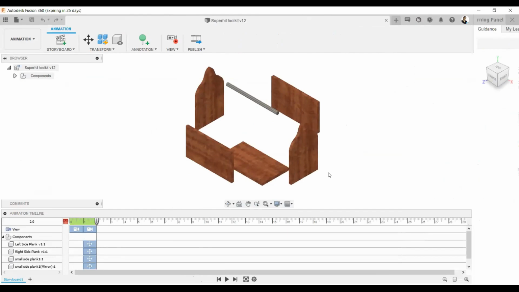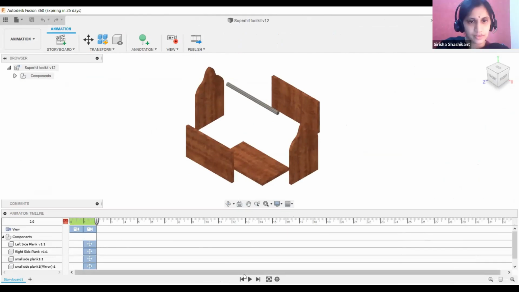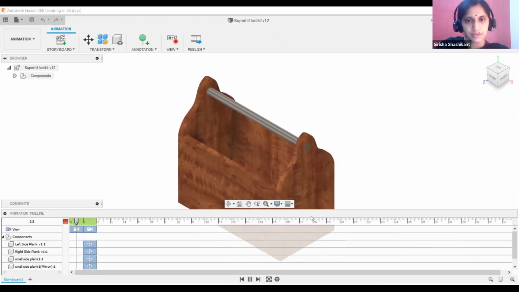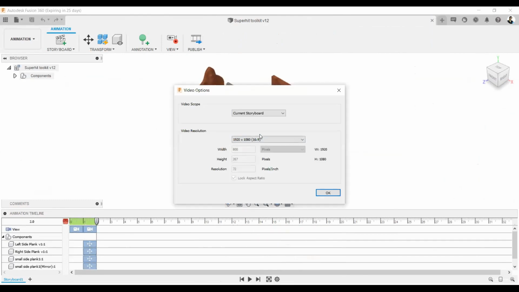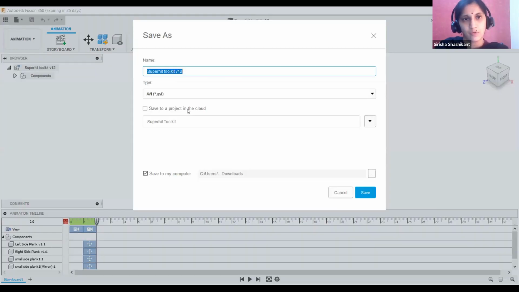You can see when I run my presentation, it's showing like this, right? When I publish the storyboard, I say okay, and you can save it as AVI.